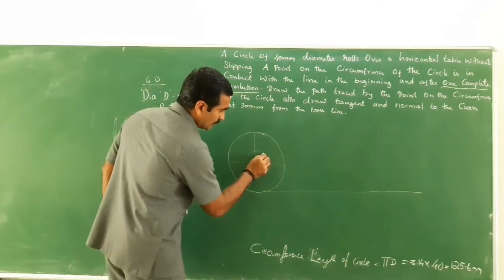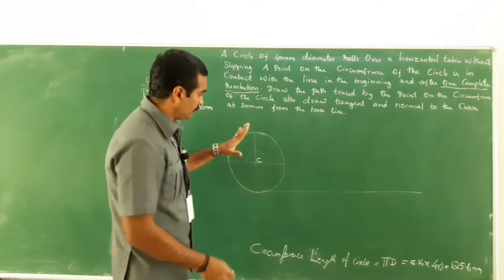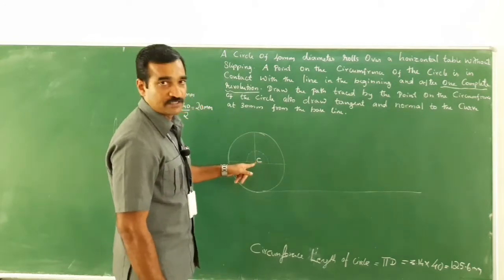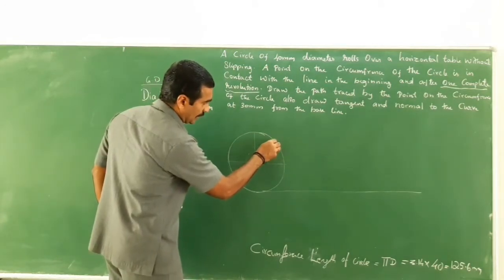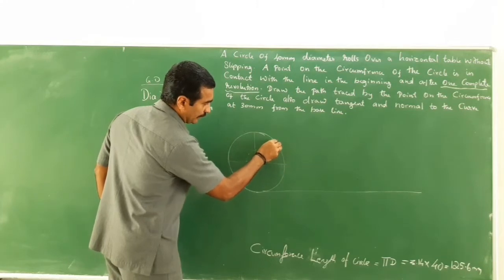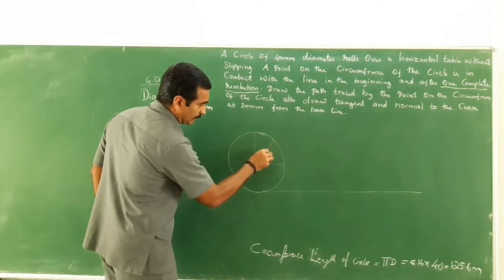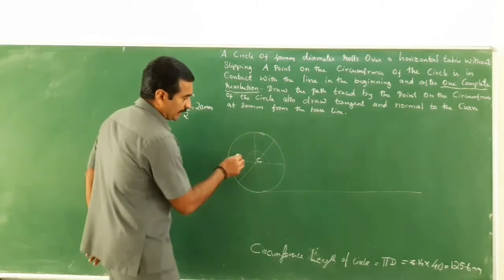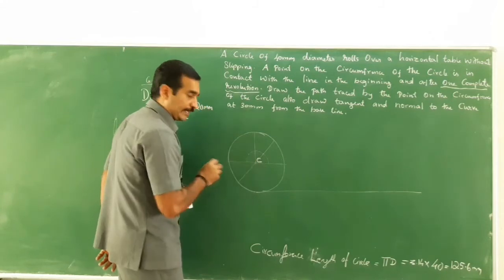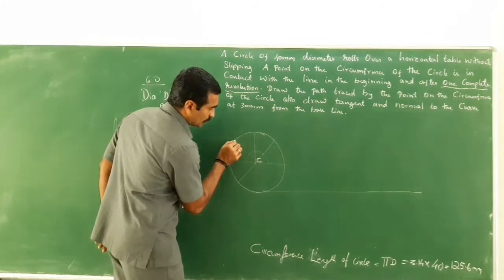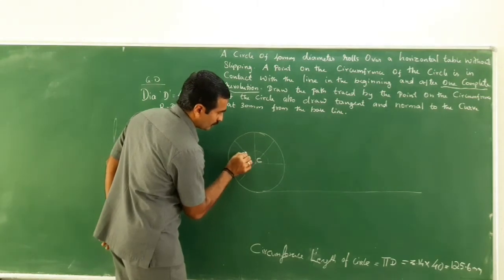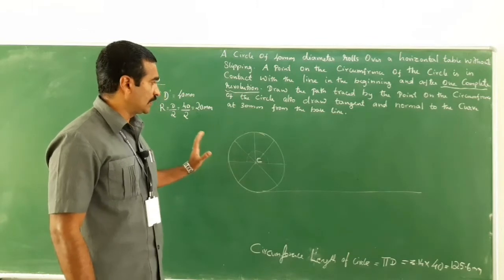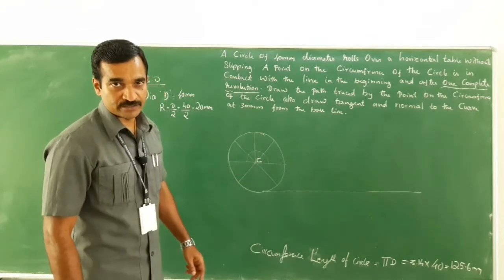Now, keep your scale in this direction, passing through this point and the center of the circle. So, draw a line passing through the 45 degree point and the center, and extend the line. Similarly, here also, through the chosen 45 degree point and the center. I have divided this circle into 8 equal divisions.